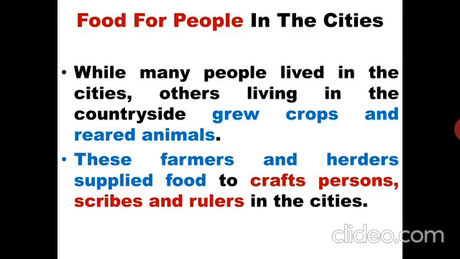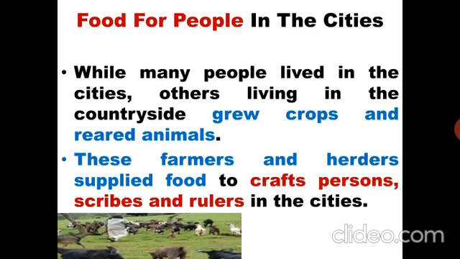Scribes were the people who were making the seals, writing on the seals, and studying what the seals mean. And the rulers were taking part in the construction of the special buildings in the cities. So these farmers and herders were supplying food to the craftspersons, scribes and rulers in the cities.